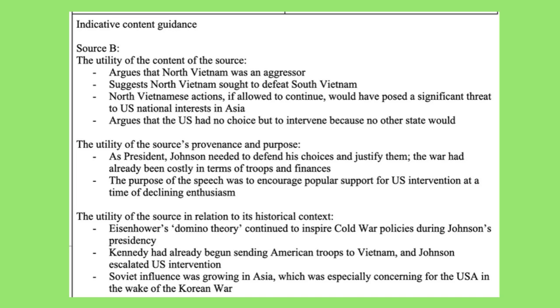Secondly, the utility of the source's provenance, so where it comes from, who wrote it, and the purpose, so what it's trying to do. You might say that as president, Johnson needed to defend his choices and justify them. The war had already been costly in terms of troops and finances, so he needed some popular support at this stage. Finally, the utility of the source in relation to its historical context. Now, this is your opportunity to bring in the stuff that you already know and impress the examiner with your knowledge. You could then talk about Eisenhower's domino theory and how it continued to inspire Cold War politics during Johnson's